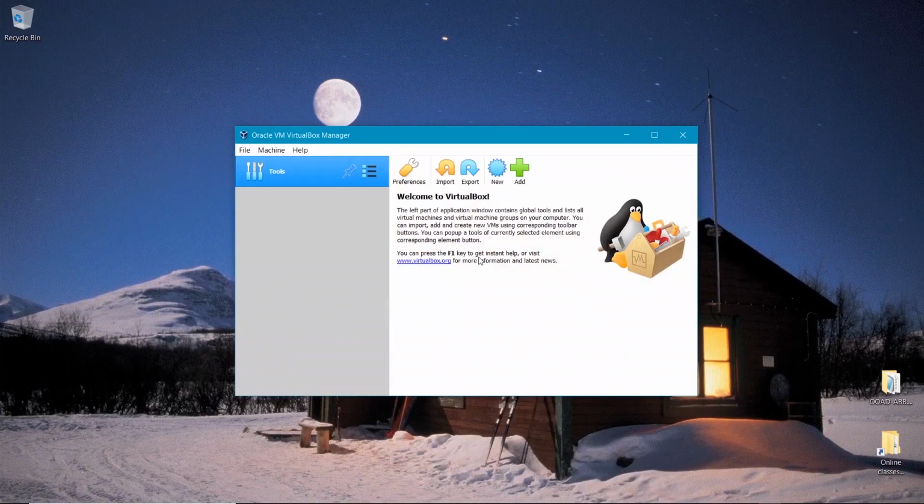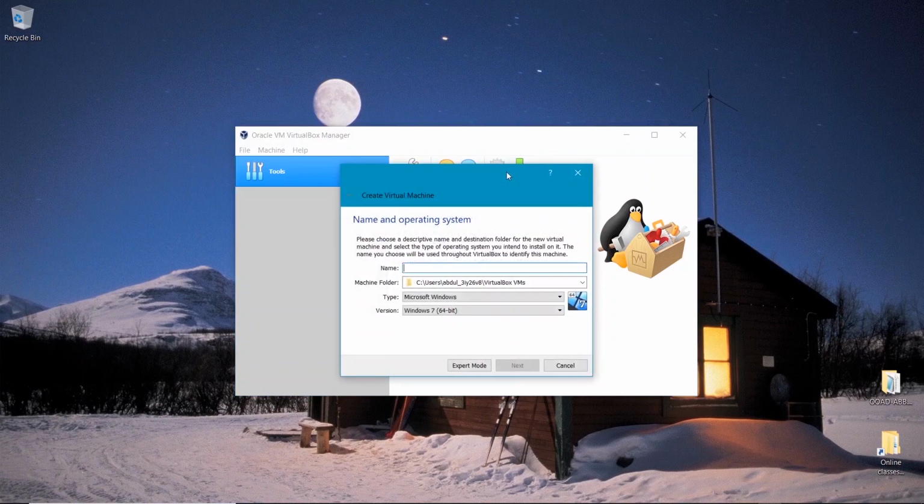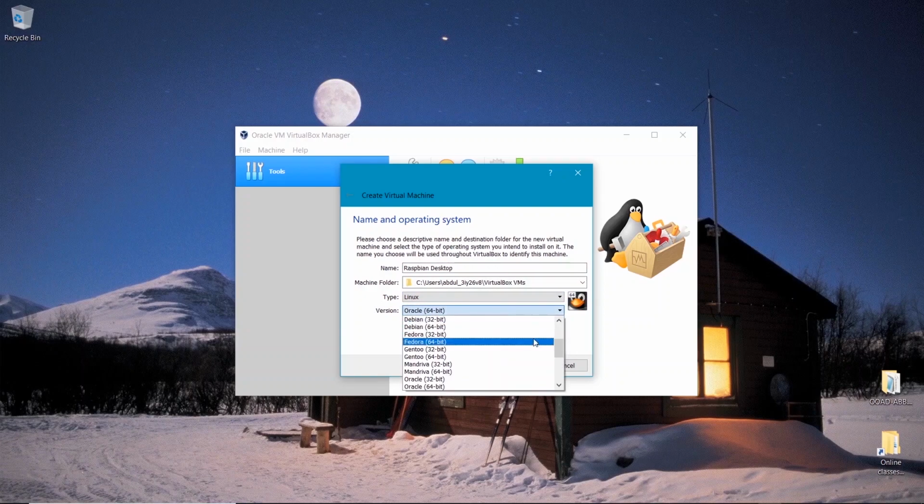Now once you have downloaded the ISO file, click on New in Oracle VirtualBox and give a name to your new virtual machine. I am giving Raspbian desktop here, and we know it's a Linux distribution, so select Linux here in type, and it's a Debian distribution of Linux, so select Debian 64 bits. Now click next,